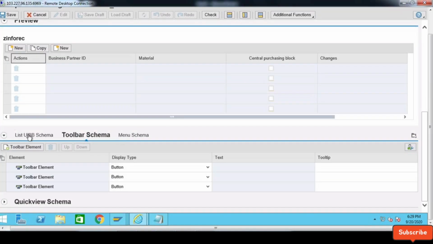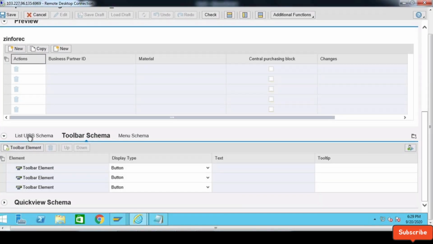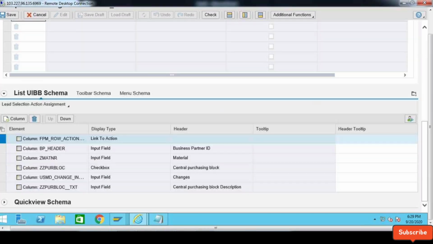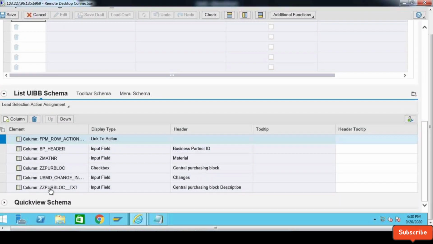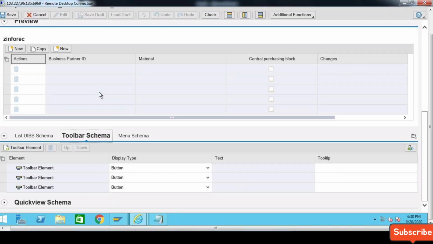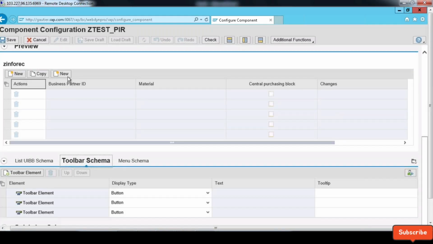And UIBB schema level. So this is a preview, obviously, and this is the schema level. Business partner ID, material, central purchasing block. These are all. Okay. And then go to the toolbar. In toolbar, you can see that I have created a new button. However, the new button was there, but I created one. That's what you can see, two new buttons. So I should not do that because by default, the new and the copy, these two buttons were there. Okay. Anyway,